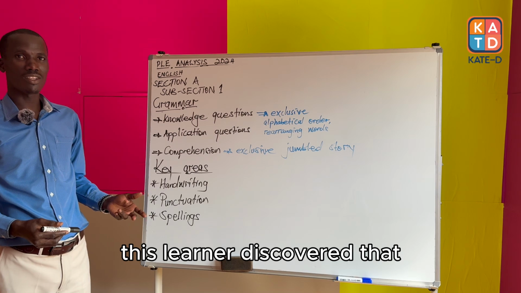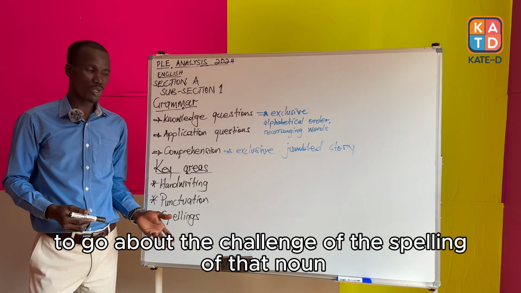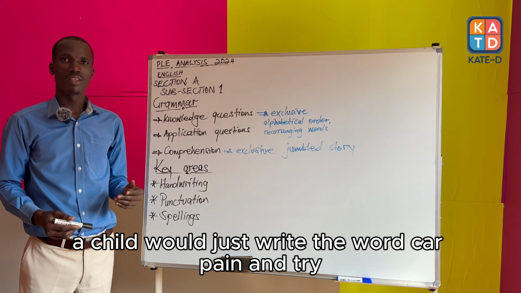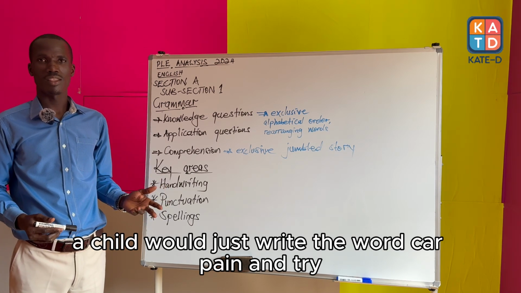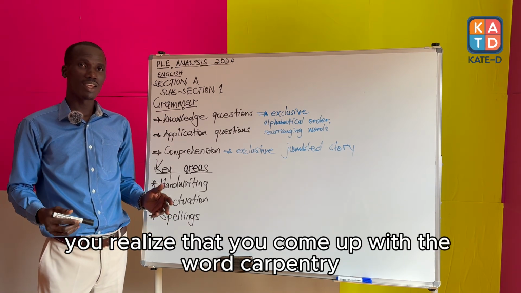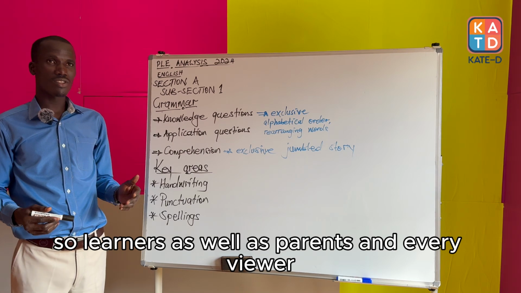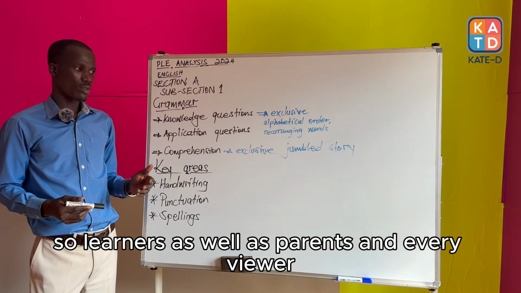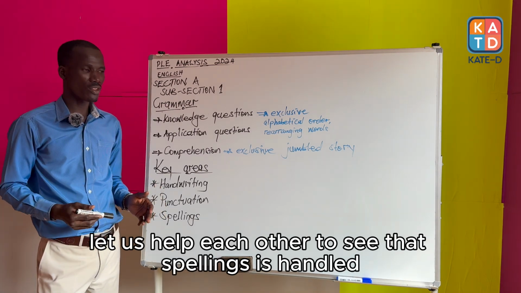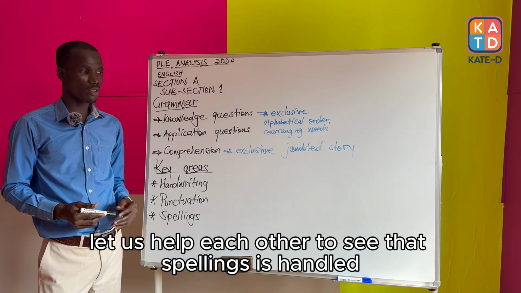This learner discovered that to go about the challenge of that spelling of that noun, a child would just write the word car, pen, and try. When you join those three words, you realize that you come up with the word carpentry. So learners, as well as parents and every viewer, let us help each other to see that spellings is handled